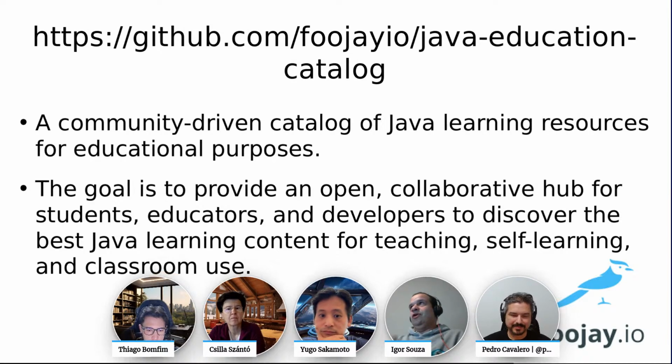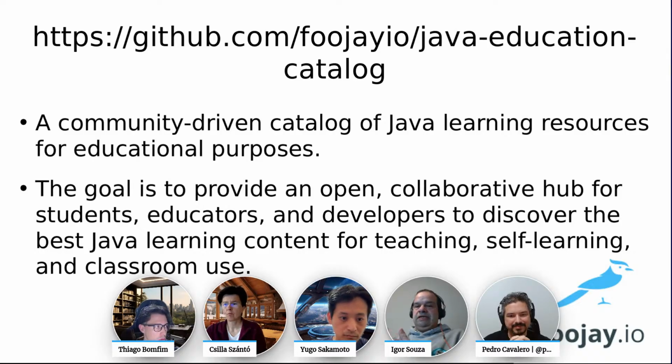So github.com, FullJ, Java and Education Catalog. It's open, it's community driven, so you can go there, create your pull request, and submit the links that you have. So that's the idea, right? On top of FullJ, I ended up with a blog post where I explain the idea. They did a podcast with me where I talk about the idea. And there are people on other platforms sharing and proposing ideas